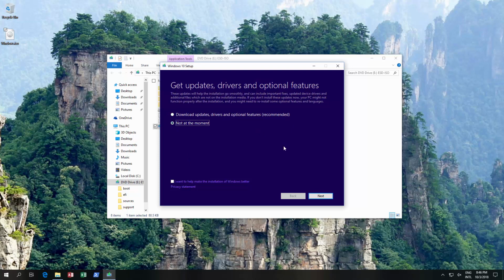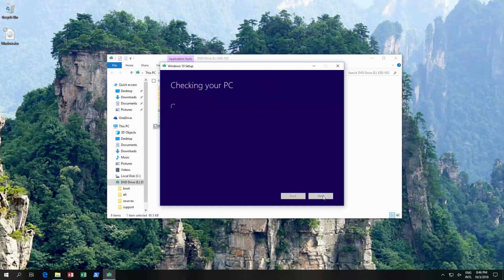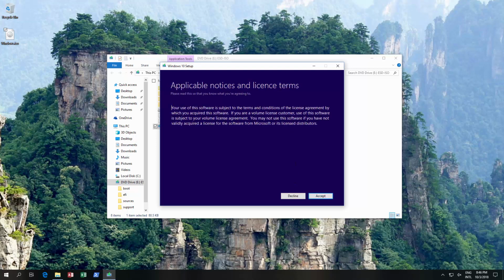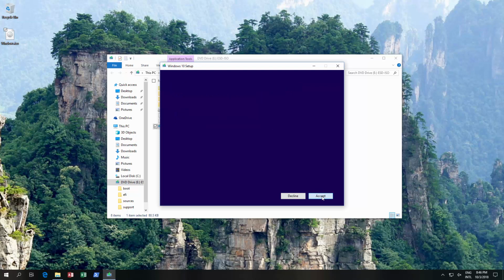You could send data back to Microsoft if you want. That's up to you. Click next. Now what's happening is the real behind the scenes upgrade process, where it's going to check. Now we have accept the license terms,